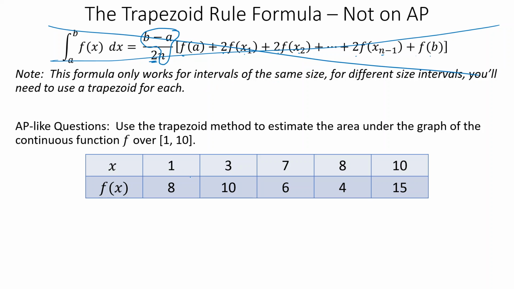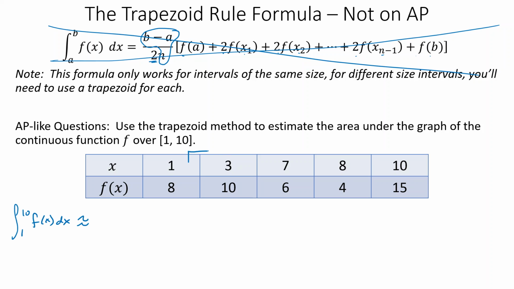All right. What our questions are mostly going to look like are this. We're going to get a table of values. They're going to tell us that f is some sort of continuous function over the interval from 0 to 10. Maybe it's always increasing. Maybe it's always decreasing. Maybe we don't know, but it's just continuous. And we can use the trapezoid rule to estimate the area under the graph. So we're estimating the integral from 1 to 10 of f of x dx is approximately equal to,